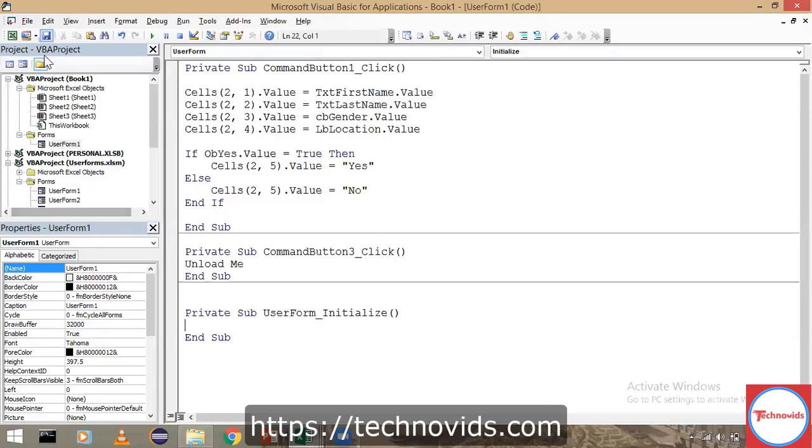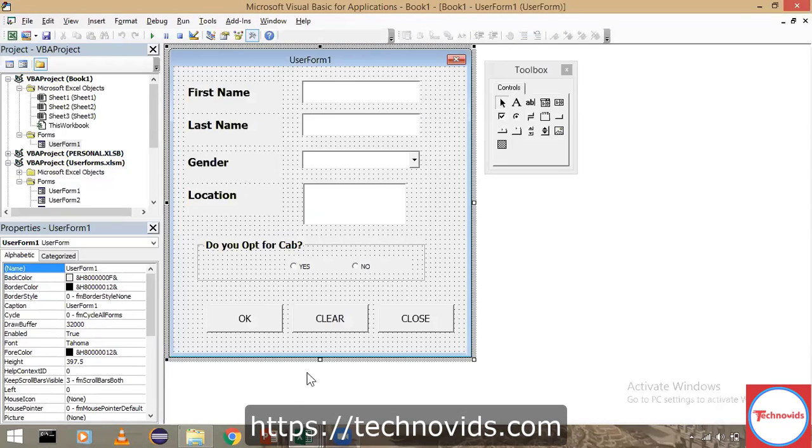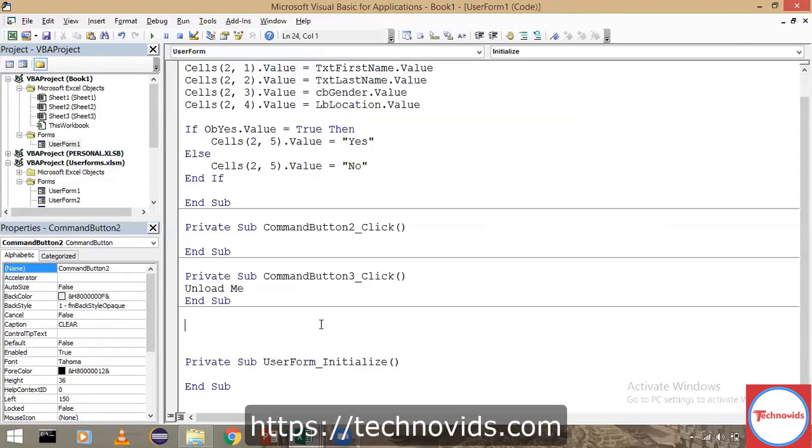Okay, go back to the user form, double click on this. So that means command button 2 underscore click. Now I will call this initialization macro within this, such that whenever you click on that command button, it will call this function called user form initialize, and all the initializations will happen.